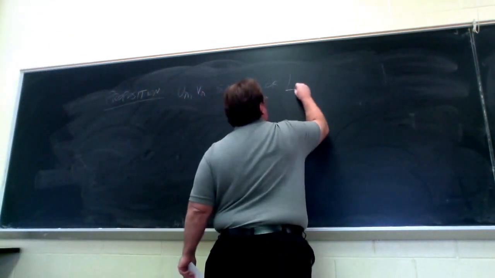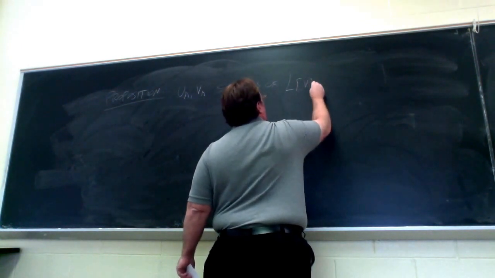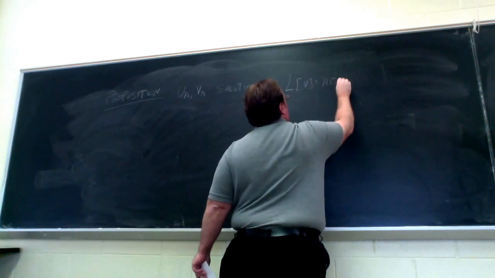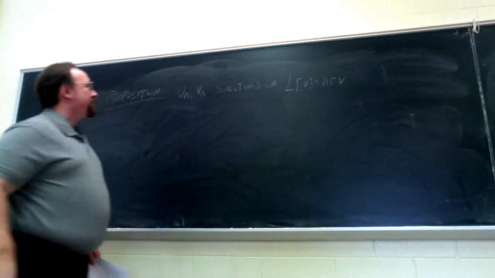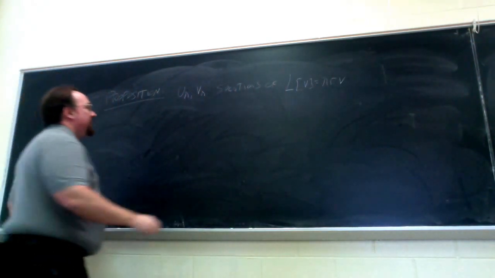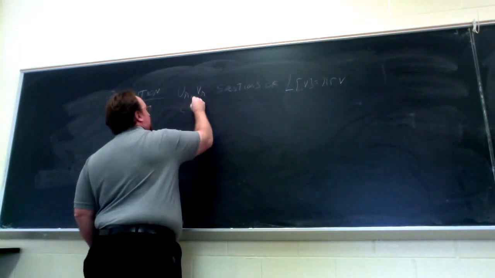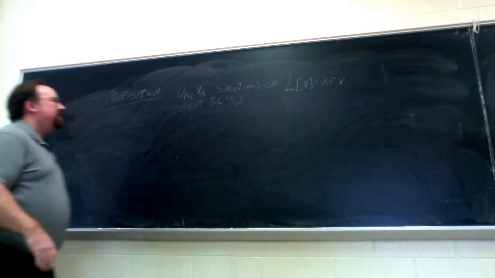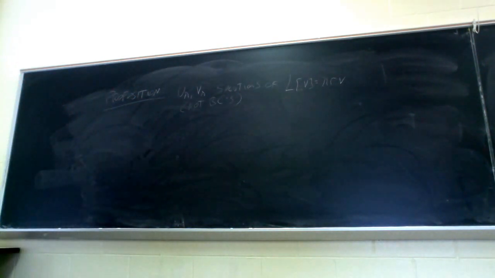So we have E equals lambda R V. So they both satisfy this ODE. They do not necessarily satisfy the boundary conditions, so I'm not making any assumption about that. All we know is that they're solutions of this ODE,